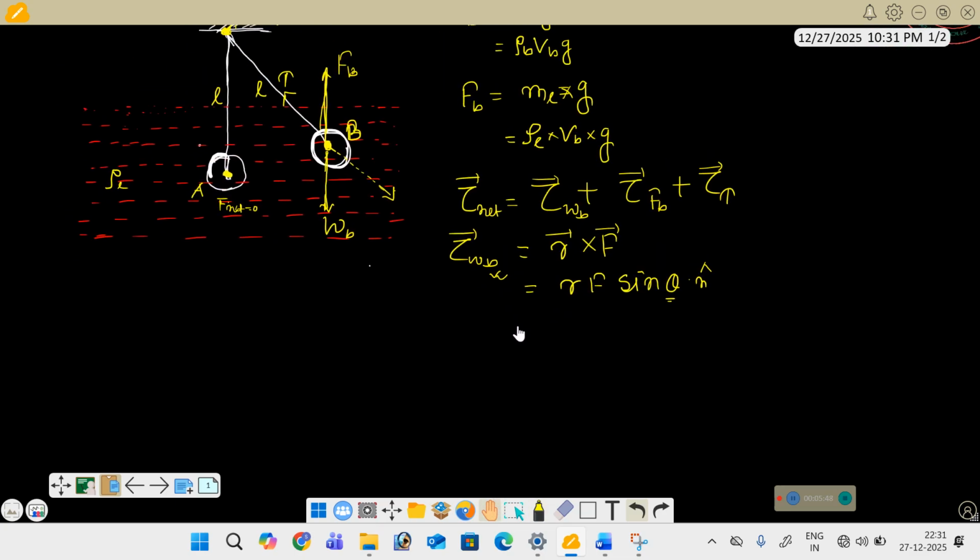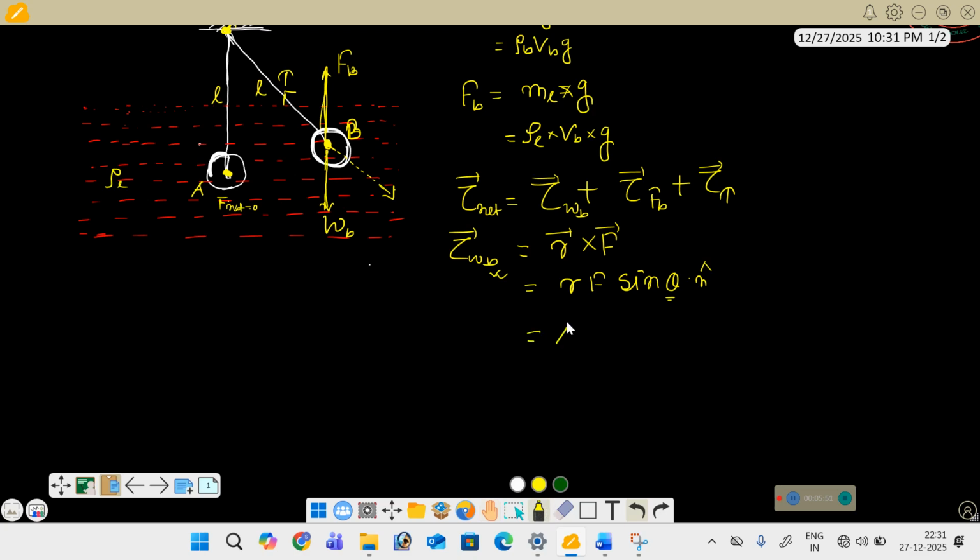Now R is L, and F is the weight of the body, given by rho b Vb into g, into sin theta. Now from the cross product rule, its direction is like this. It will rotate like this, so its direction is into the screen. Let me take that particular direction along the z axis, positive k cap. Then the torque due to